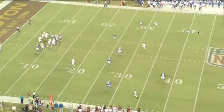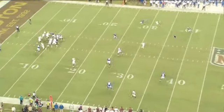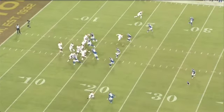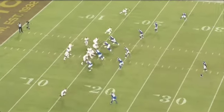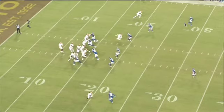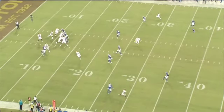Now check that out. See how that coverage manifested there? You're off right here, right? But we're going to get the rotation of the safety. Safety rotates to the weak side, and then we have Adoree Jackson bailing from what looked like maybe a deep third responsibility, or maybe just some sort of zone in that area. He bails to a deep half responsibility, and now it's Darnay Holmes' responsibility to cover